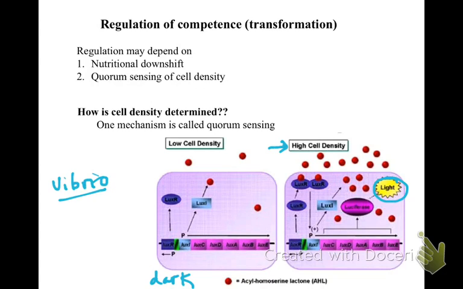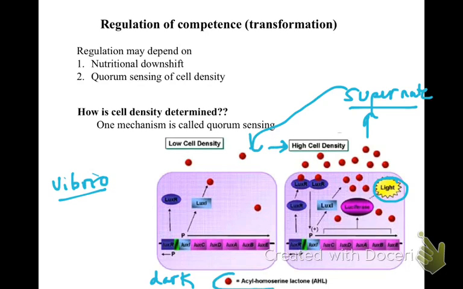The cells were in the pellet, and they took the supernate and added that to cells that were at a low cell density, and they saw that they could stimulate light production. So they reasoned that there was a molecule being produced and released into the medium, into the supernatant. So they went about purifying that molecule, and they ended up identifying something that has kind of generically